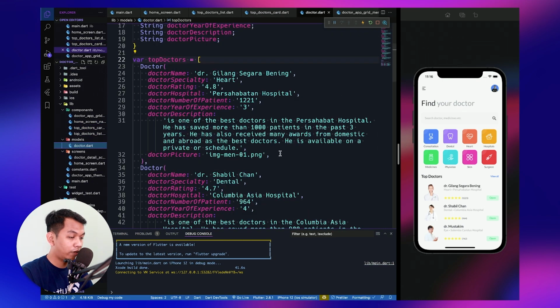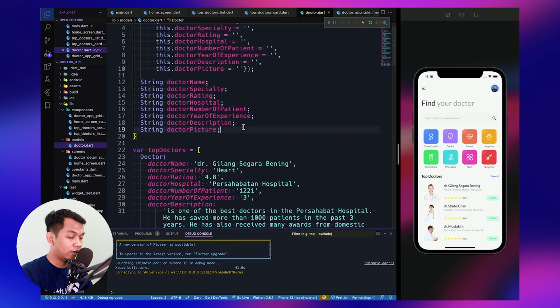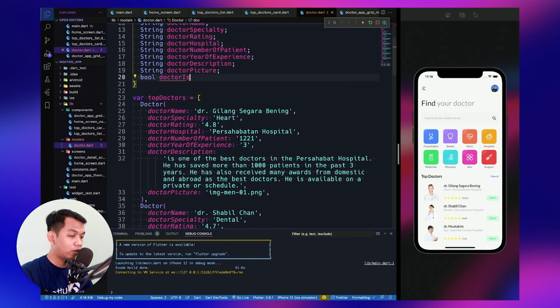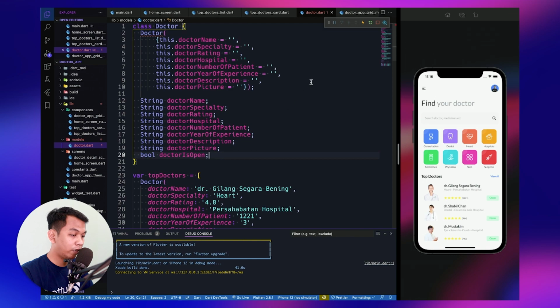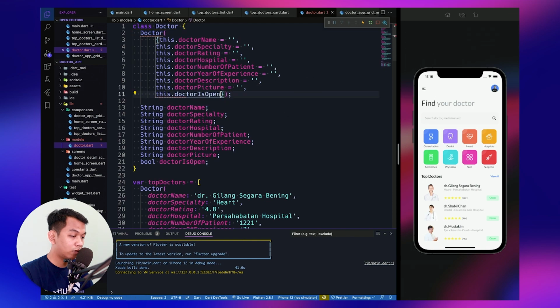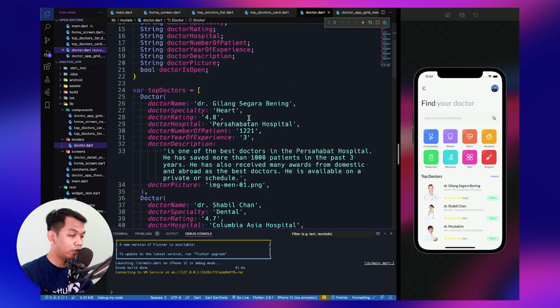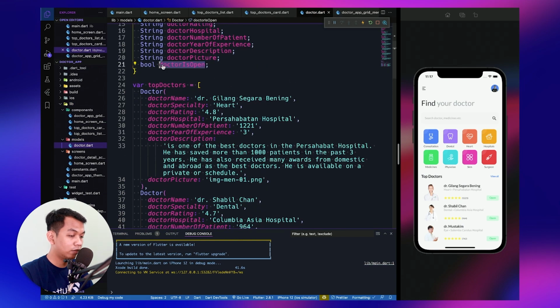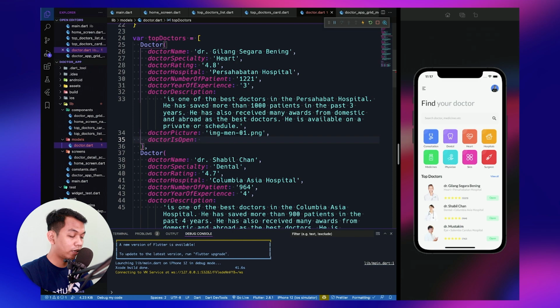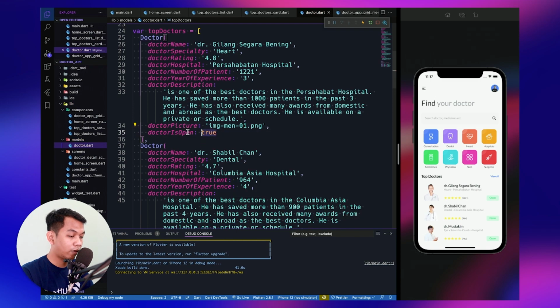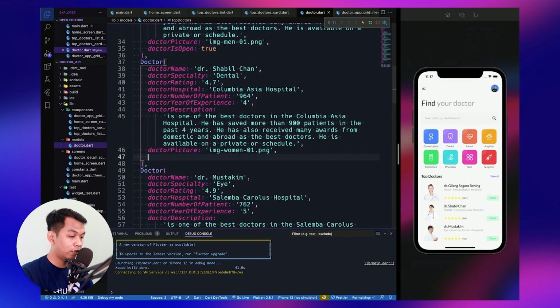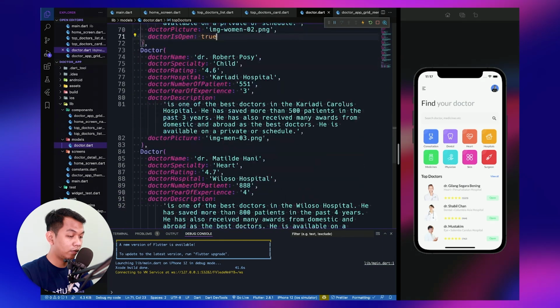Here we haven't yet added a field, so maybe we add doctorIsOpen, with the default value maybe false. And we add it here, let's set it to true, and copy this and paste it here, here, and here.